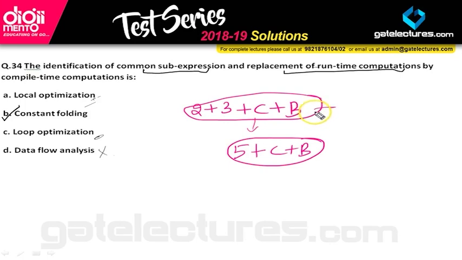What we will do is try to solve the question in such a way that it will be solved during the compile time itself. We will not postpone the decision up to the runtime. And that work is done by constant folding, and this is one of the best techniques we use to increase the efficiency of our program. The second one is also loop optimization. This is also a very important thing. You must make a note that loop optimization should be there. Okay, but here the answer is B.